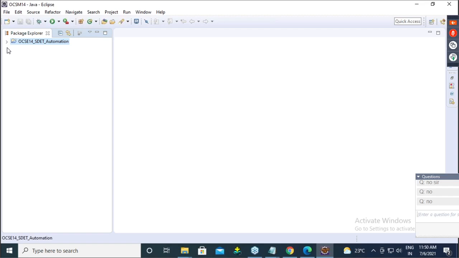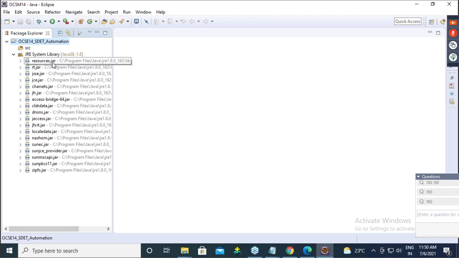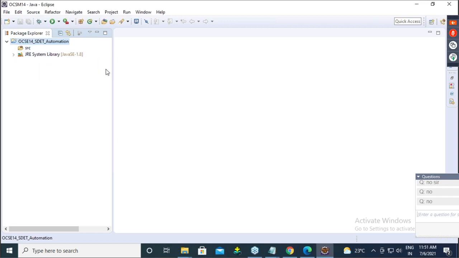So guys, now see in this, are you able to see guys, by default we will get JRE jars. Java jars are by default available with us. Can everyone see this? Okay. Java jars are by default available, but we have to add Selenium jars.